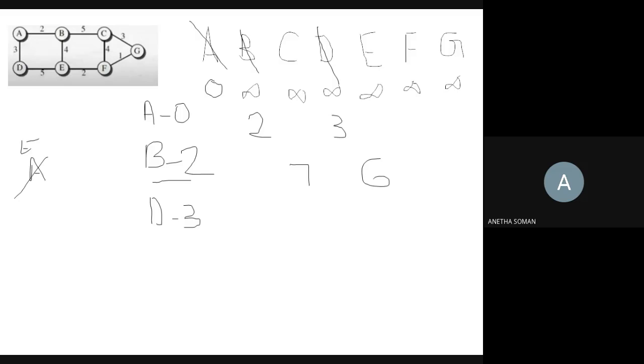Originally the E value was 6, but now you are getting 8. You have to write the minimum cost only, so 6 is the minimum and there is no need to consider 8. So in this step, you are not getting any updates.